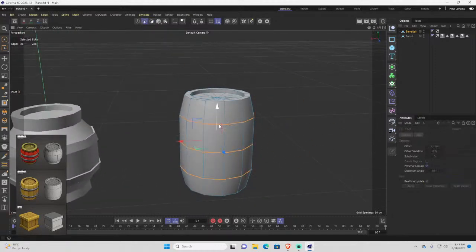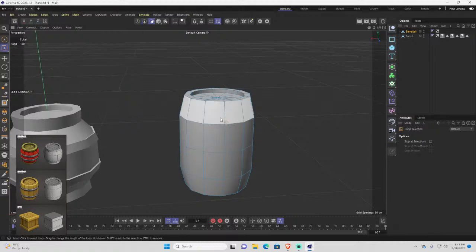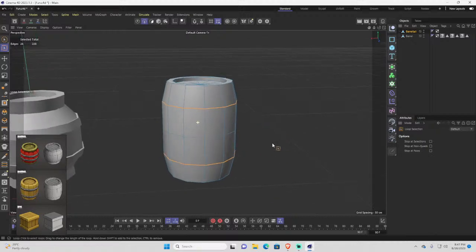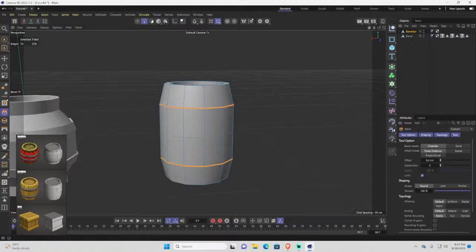And select this, select these. This line, double click will do a loop selection, or you can select this tool to make a loop selection. You can loop select anything. You can loop select the faces, you can loop select the edges if you want, but we need to loop select only the edges now. So I'm selecting the edge. Again, if you know bevel, do this,